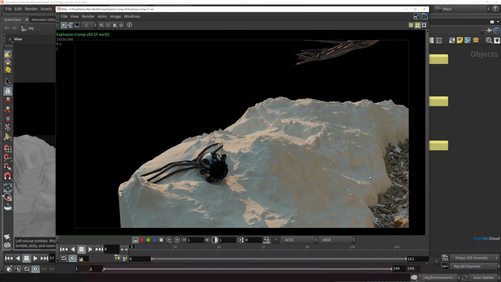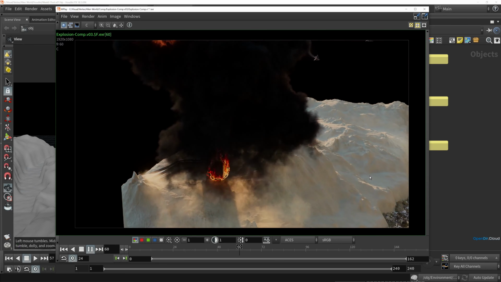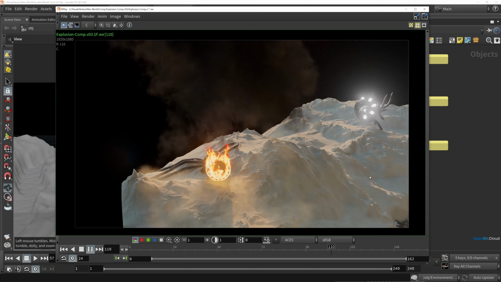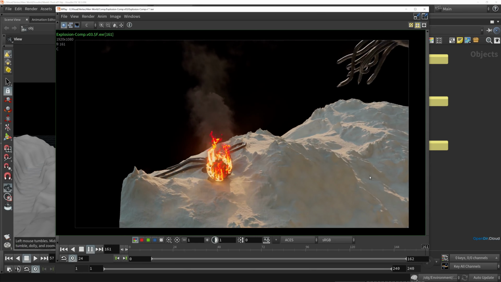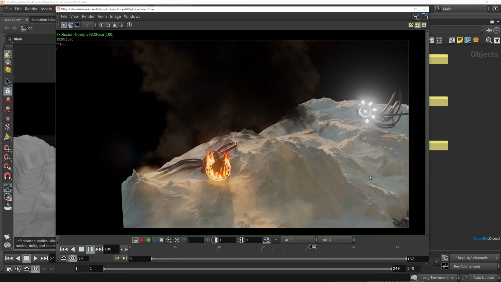Last week we discussed how to set up some volumetric sims that are mainly just focused on density and velocity and temperature, but now we can take a look at some more combustion type effects. So this week we're going to take a look at how to do an explosion and fire. And for setting up the explosion, which we'll look at first and then take a look at the fire afterwards,